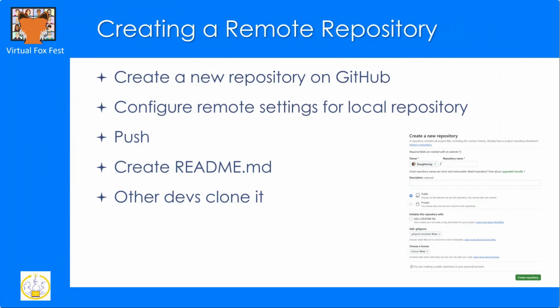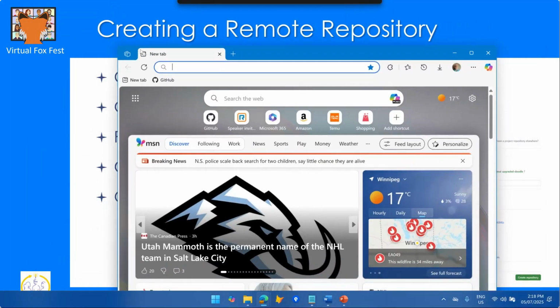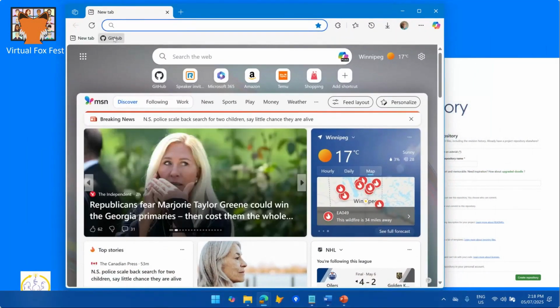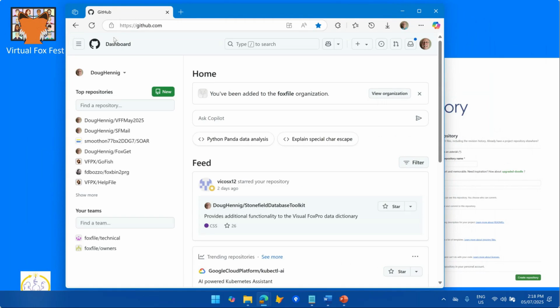Oops, let me open my browser. And let's go to GitHub. It automatically logs me in, but of course you'd have to have an account. You can create a free account for certain types of projects. I think the development team less than 5 people or something like that. Anything more than that, you'd have to have a paid account. But assuming that you're a small team, you can create a free account,